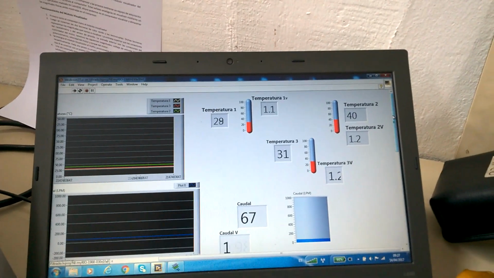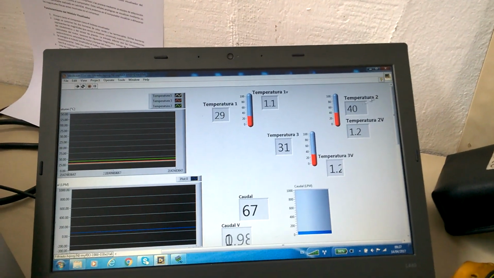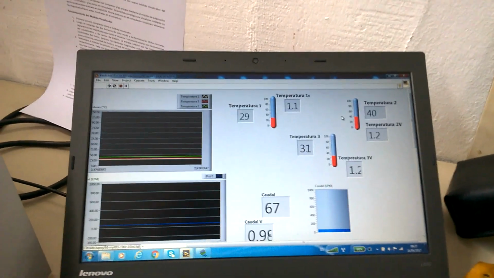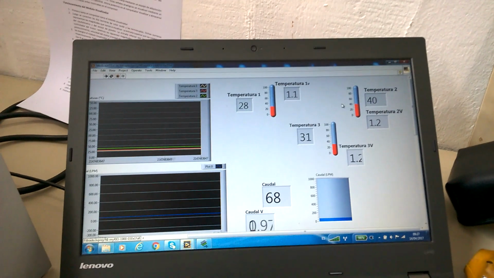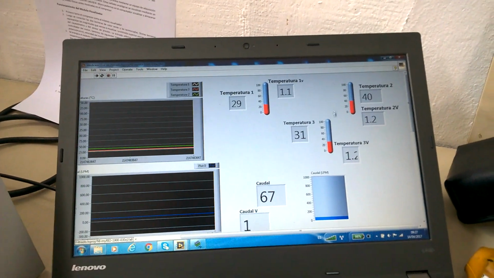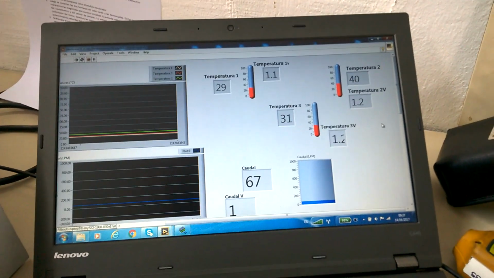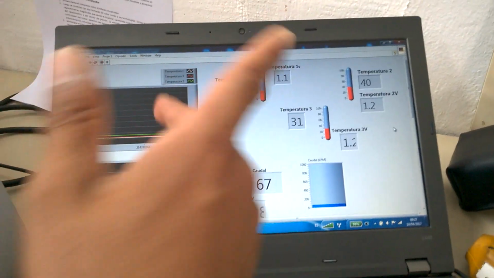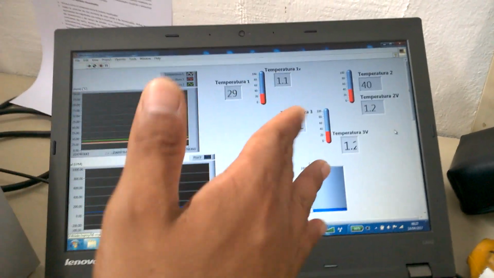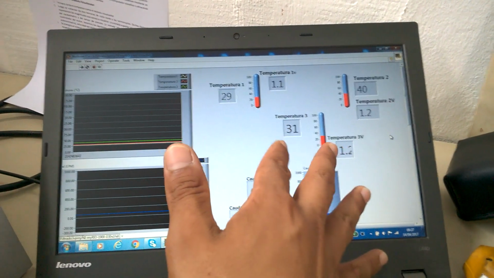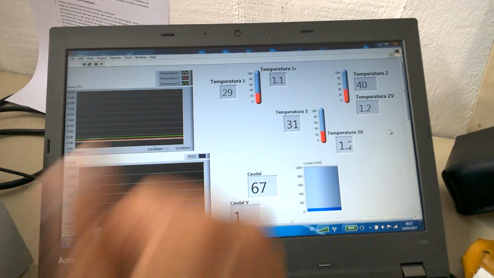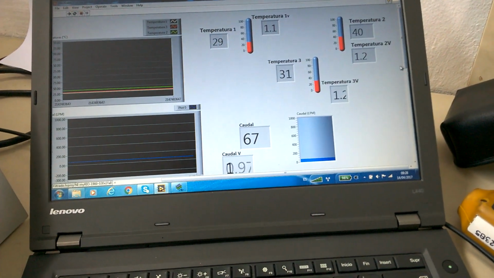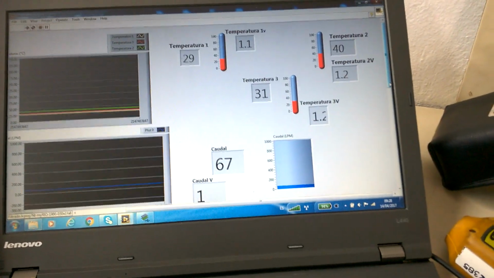Temperatures near the compressor are around 40 degrees because they increase with the changes of the pressure level, and also with the heat transmission during the process around the compressor. Around the system there is also a temperature sensor before the air enters the compressor, and another when it leaves the compressor, before and after. The maximal value of the flow is shown here, 67